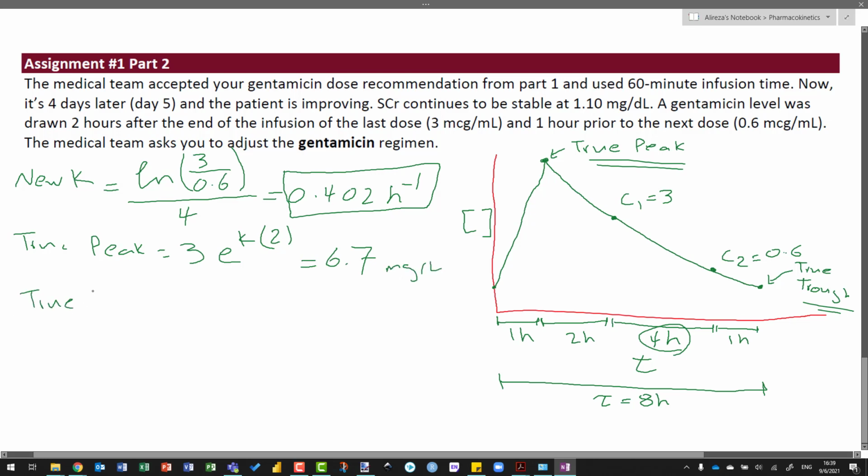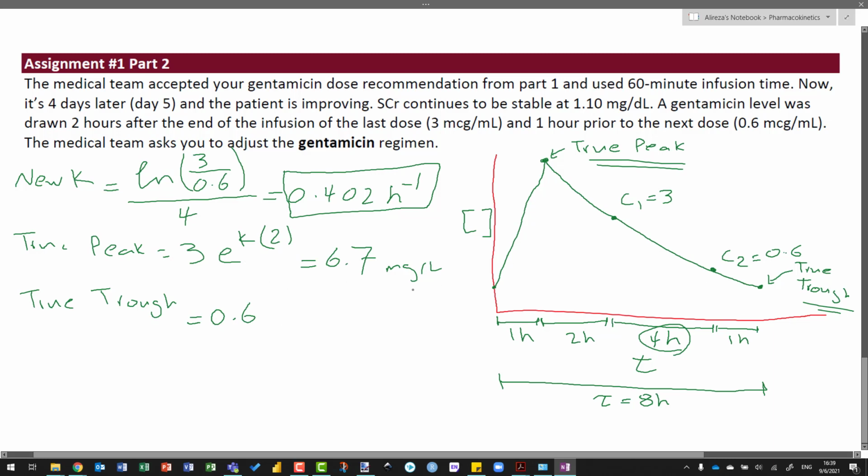And then we do the same to get the true trough. Again, you can use either C1 or C2 or even the true peak that you calculated now, as long as you calculated it correctly. In this case, I'm going to use C2 because it's closer to the trough, and I know there's only 1 hour between them, so that's going to make the easiest calculation. So I'm going to say basically